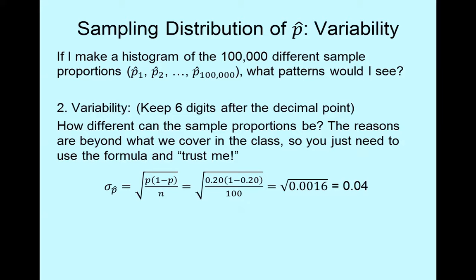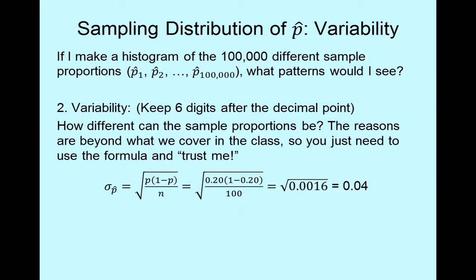Now P is the proportion of the population, so it's the parameter, which has the characteristic. 1 minus P would be the proportion of the population which does not have the characteristic. And you multiply those two numbers together and then divide by the sample size you use to calculate each different sample